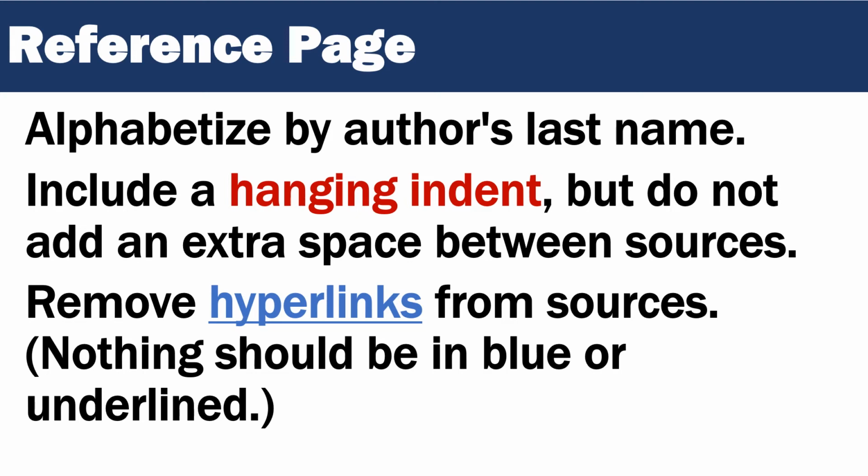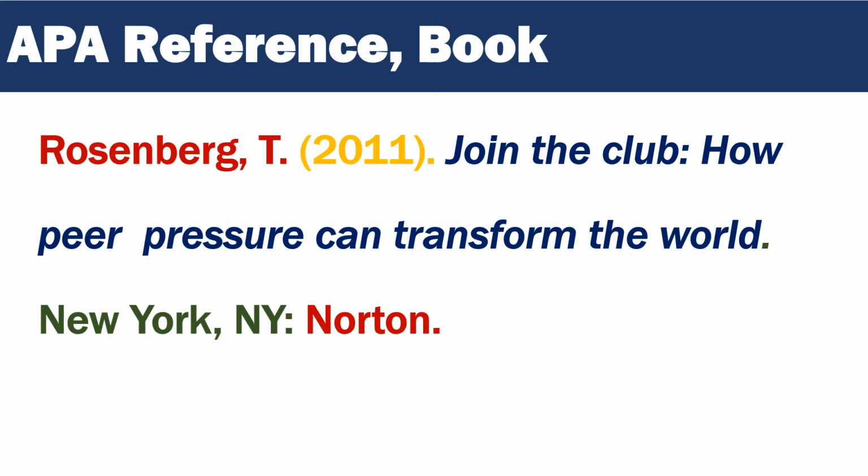Now that we have the paper formatted, we can start putting together what the citations look like in the reference list. I will give you an example of what a citation from a book looks like, as well as an article from a journal. First, we have a citation from a book. This would be a book that you have a hard copy of and not something that you have found on